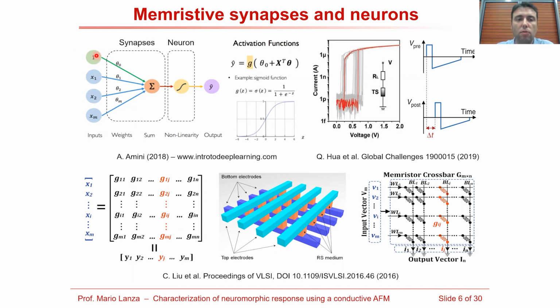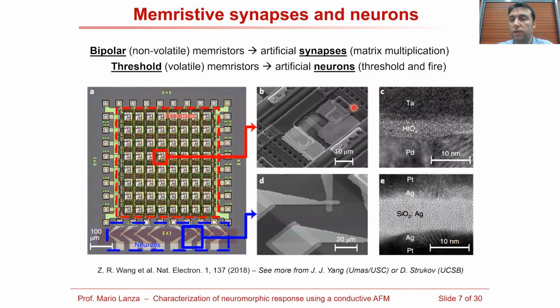Here we observe one example of how to use memristors to fabricate one perceptron. This block with the synapses is basically a vector matrix multiplication, which can be done with one crossbar array of memristors. And this comparison that is done by the neuron can be done using one memristor that exhibits threshold type resistive switching. Here we observe one example of one artificial neural network that contains 8 perceptrons.